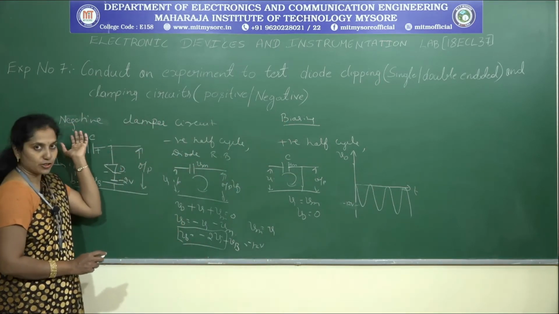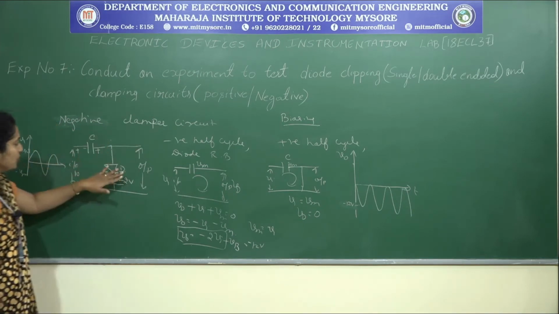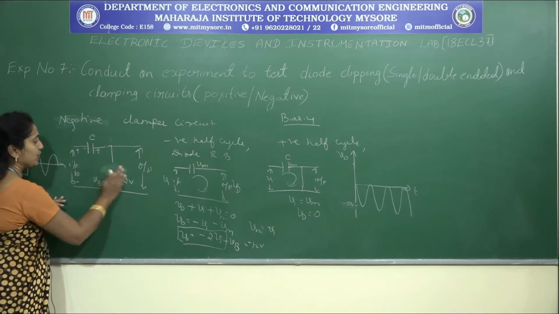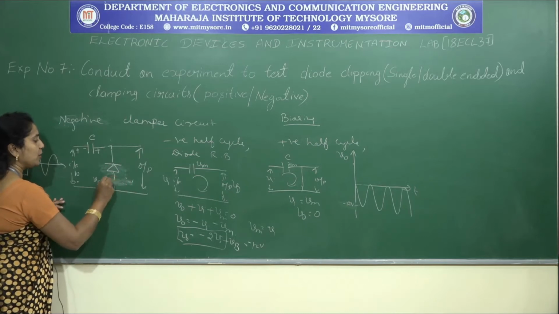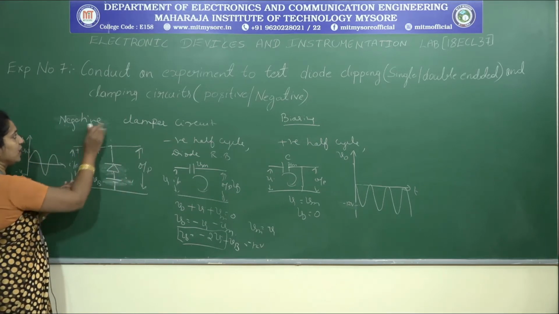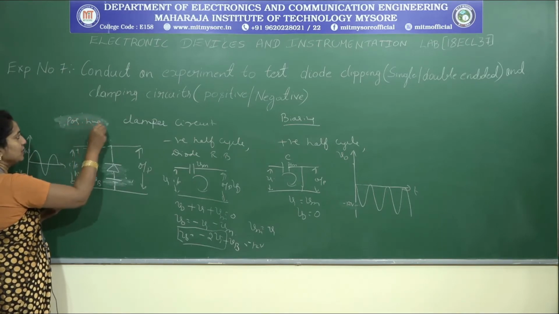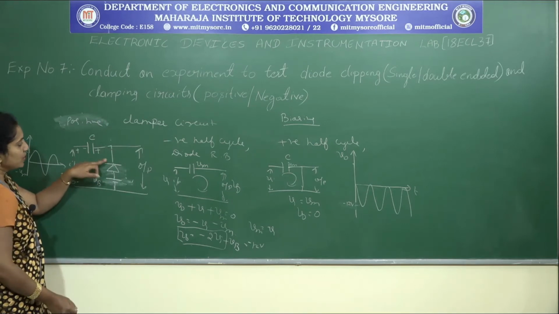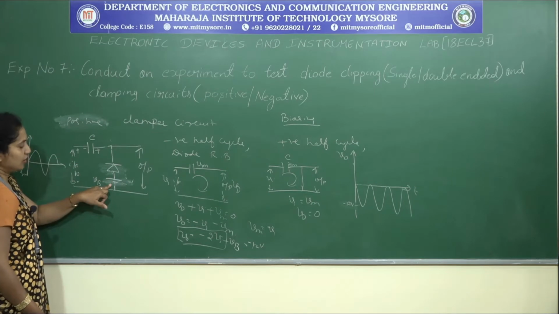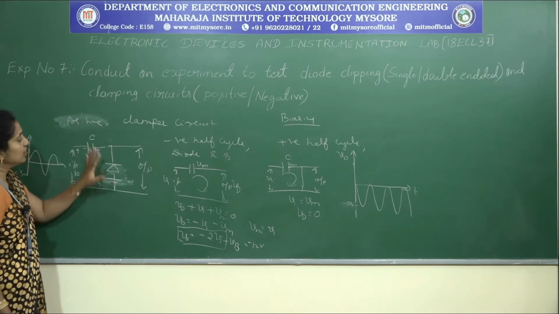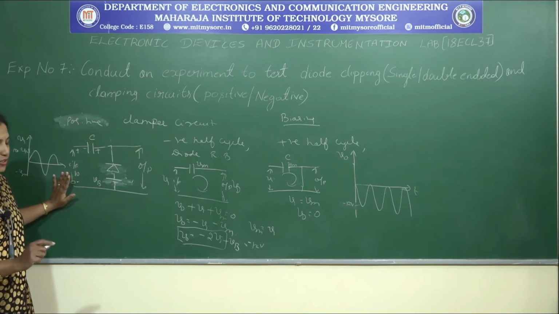Either you can apply it for the positive clamper or you can connect the negative also. In the positive clamper, I have told you the diode was like this and the polarity is like this. This is the positive clamper circuit. The same I can reconnect. For that you have to apply the biasing with the positive terminal. So this is how the biasing circuit works for the positive and negative clamper circuits.